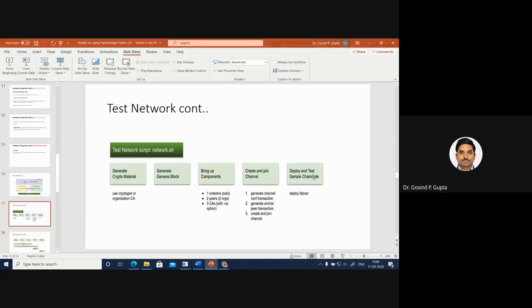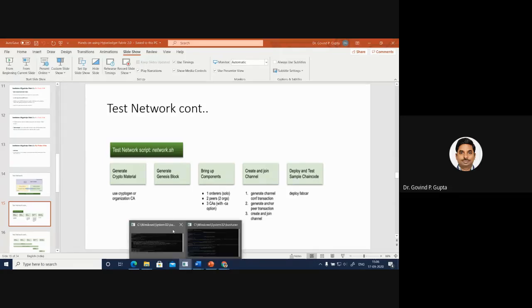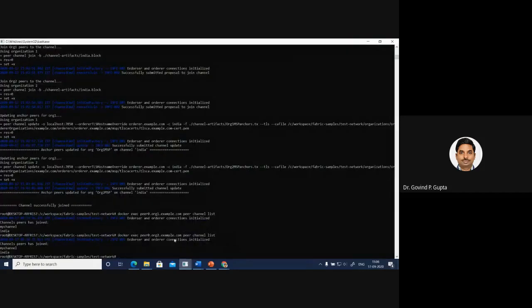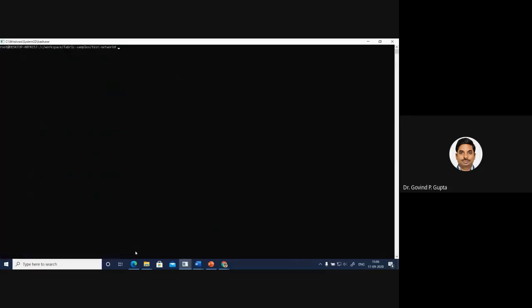In order to deploy the chain code, I'm going to explain some steps and commands which are required. So what happened? Suppose I'm going to bring down the network first.